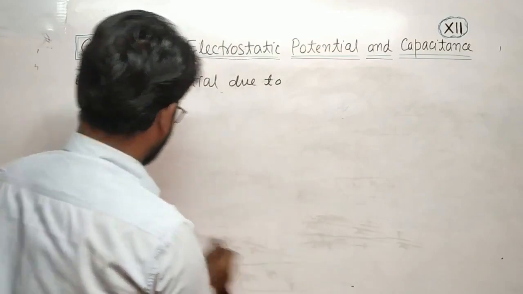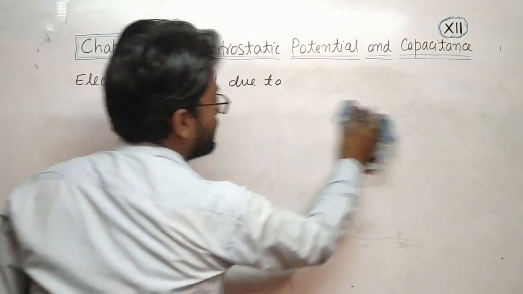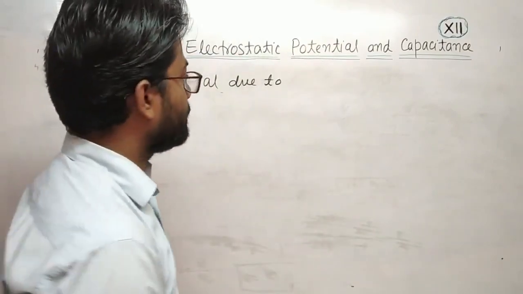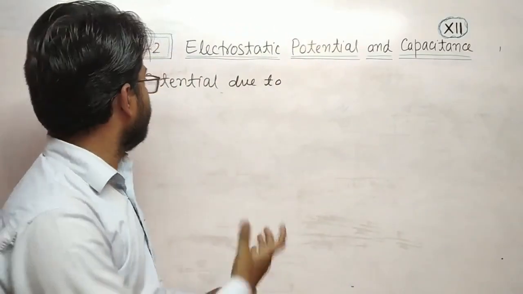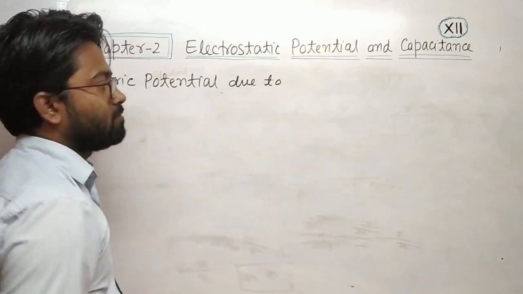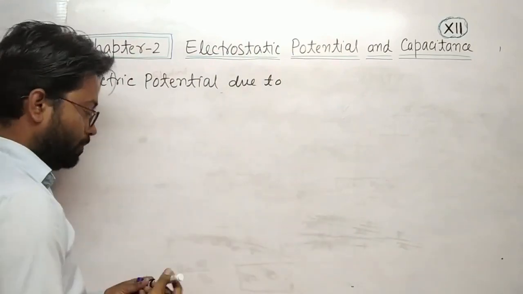Electric dipole will have many points, like electric potential may be on the axis, it may be equatorial point, it may be on any general point. First, electric potential due to